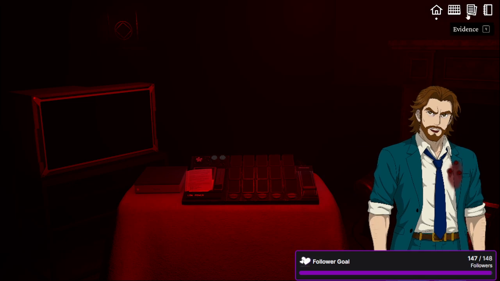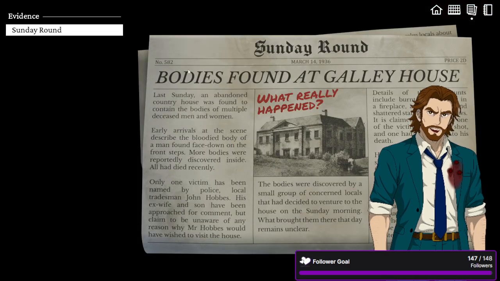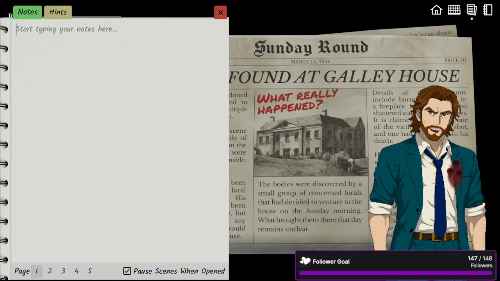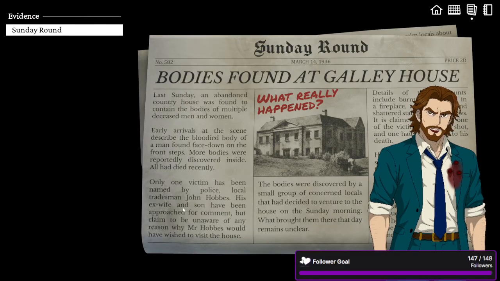Okay, so let's take a look at our evidence again. So we have this: bodies found at Galley House. We read that. Only one victim has been named by police, local tradesman John Hobbs. One of the things we can do is come over here. We have a victim's name, so we're going to write that down. We have at least one person by the name of John Hobbs. His ex-wife and son have been approached for comment, but claim to be unaware of any reason Mr. Hobbs would have wished to visit the house.